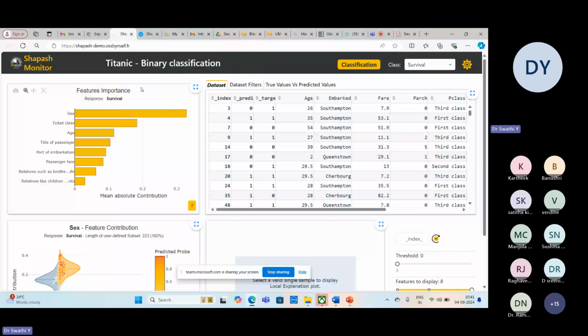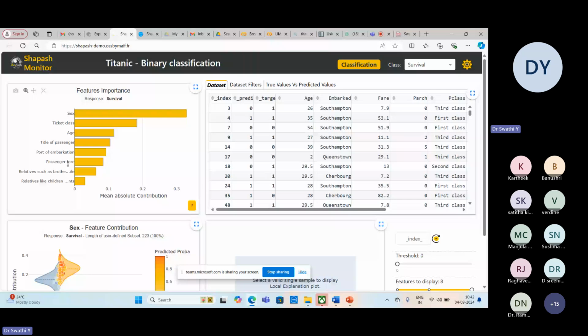The first one you can see, in the case of the Titanic dataset, all these are different features. I have features like sex, ticket class, age, title of the passenger, where they boarded, and whether any sibling or spouse boarded the Titanic ship.